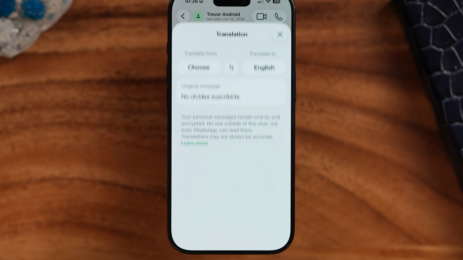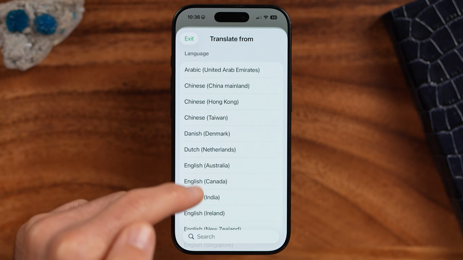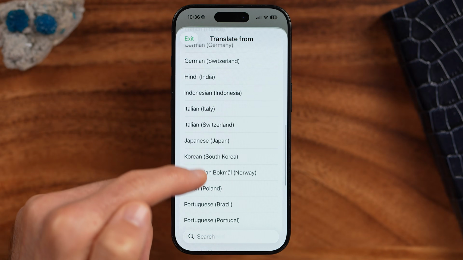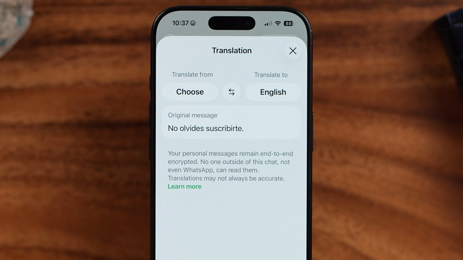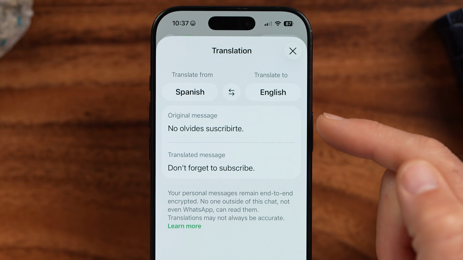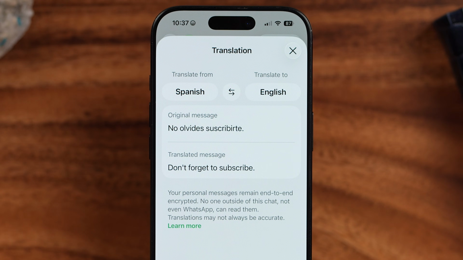and then tap on translate. From here, you can see I can choose to translate it from, and in this case, I want to translate this from Spanish over to English. And you'll be able to see it translates the original message to the translated message that says, don't forget to